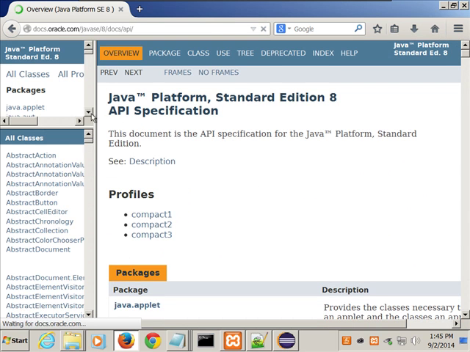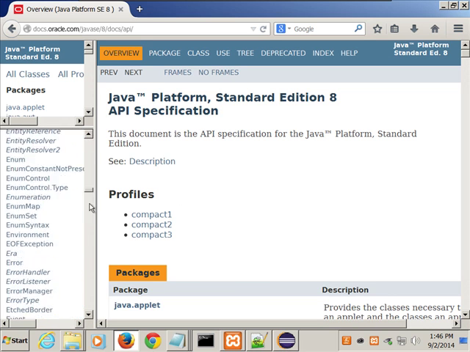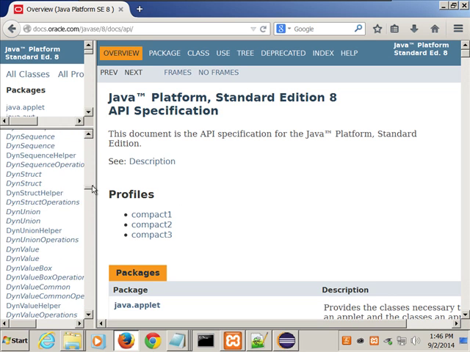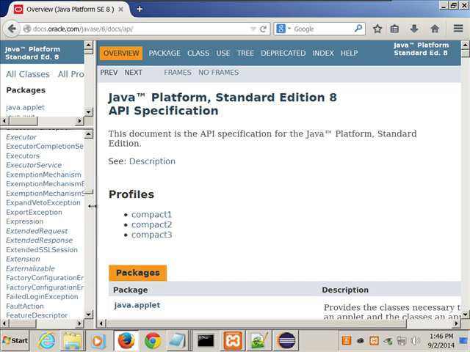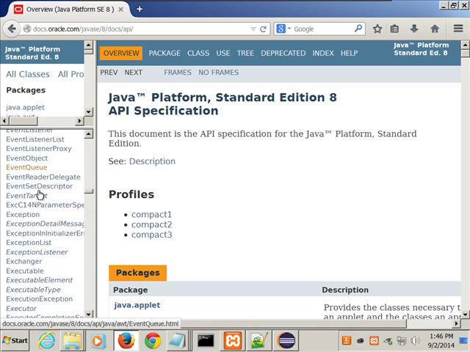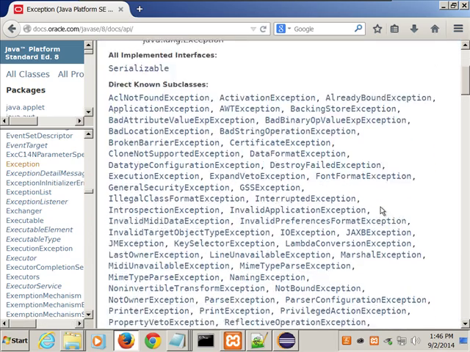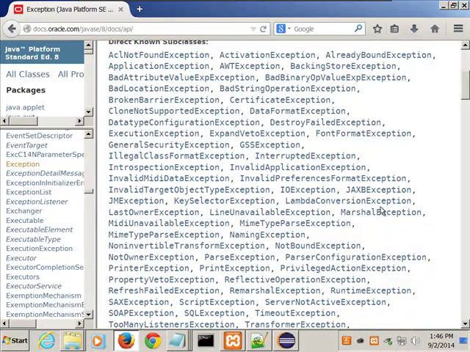When we did it last semester, it was 7. But if I come down here far enough, there's exception. So here are the exceptions that Java has.